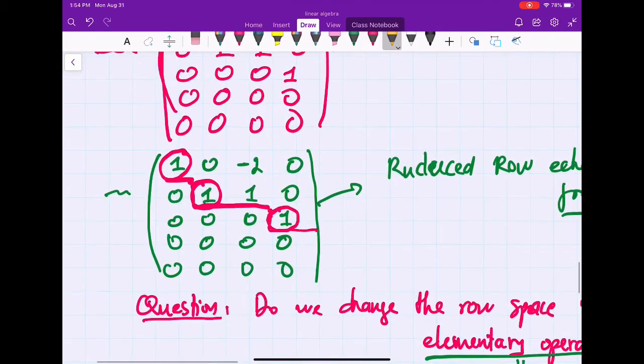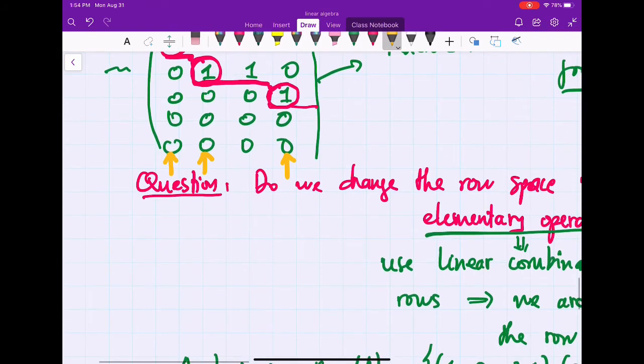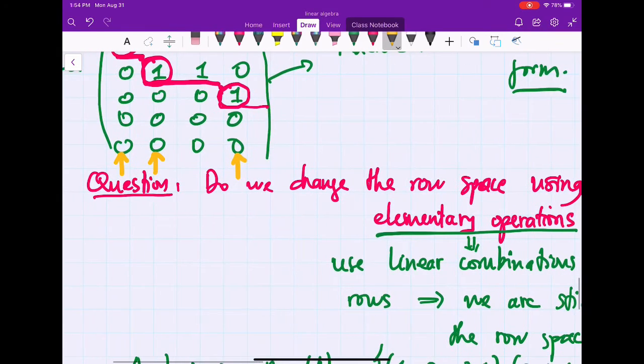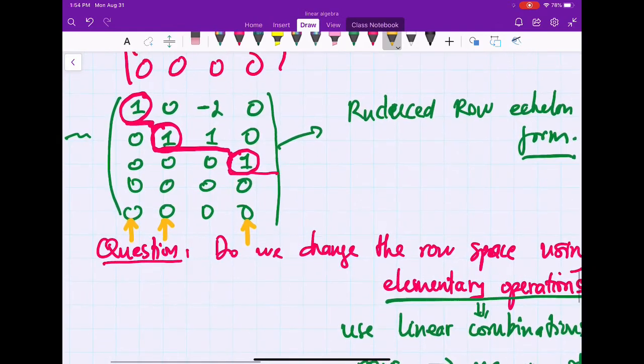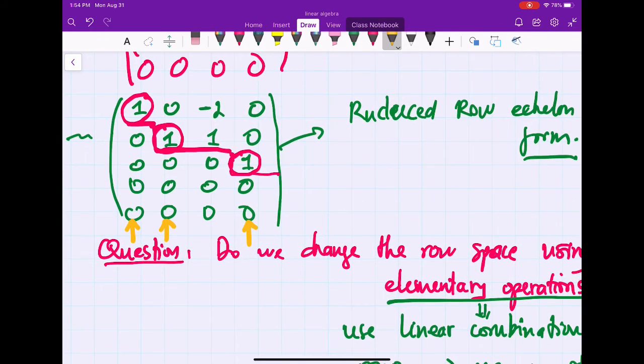You have three leading elements in here, and for this you have three columns. The first column right here, the second column's right here, and the third column's right here. So we face a similar question: do we change the column space using row elementary operations? The answer is yes, because when you do row operations, you don't change the row